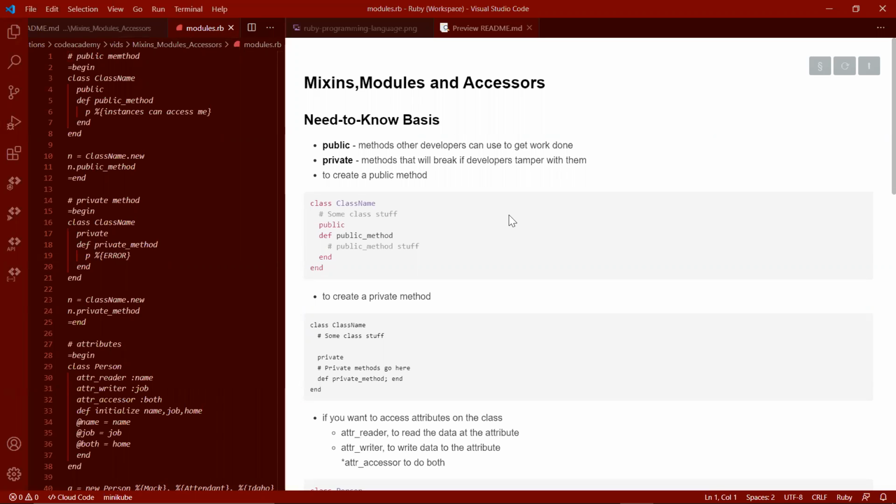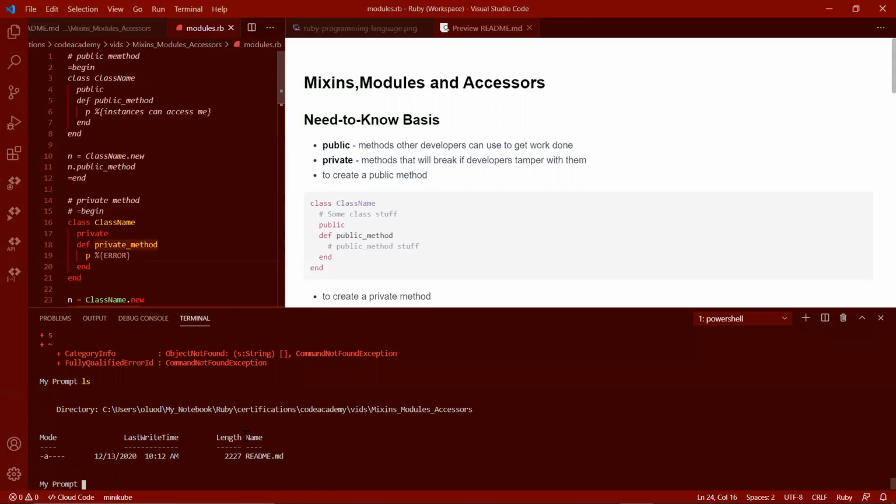There are going to be some things in that class that you don't want other team members to touch. Say this method is the inner functionality, which depends on some data from the module that you required, and on another class. It's a derived class, and they don't understand it. You're using an attribute reader on it with no writer, and there's a lot going on that you don't want them to touch. What you're going to do is provide a private method. I just wanted to go over the private method first and run it, just to show that